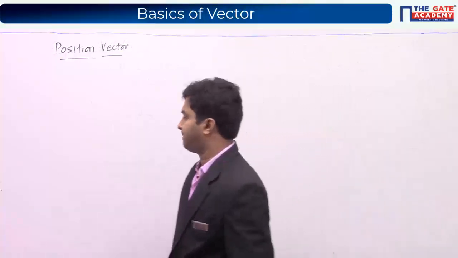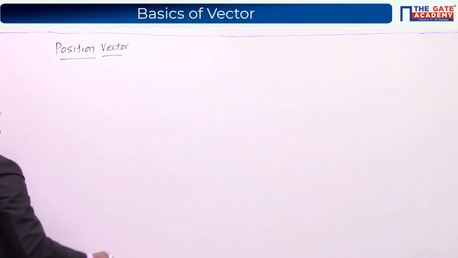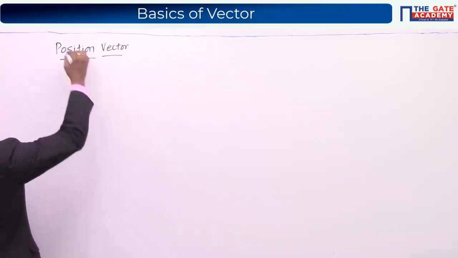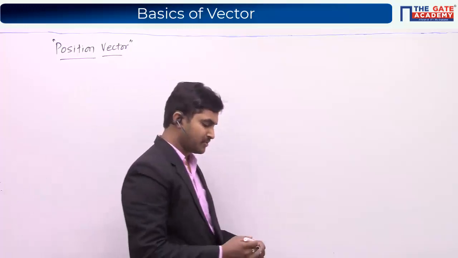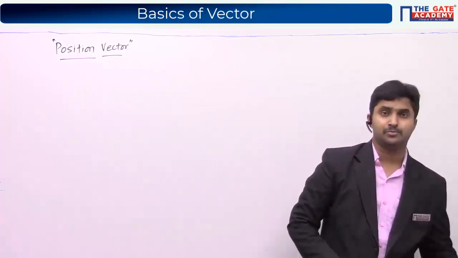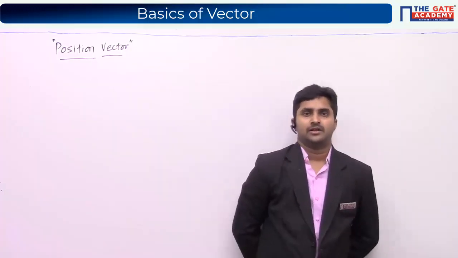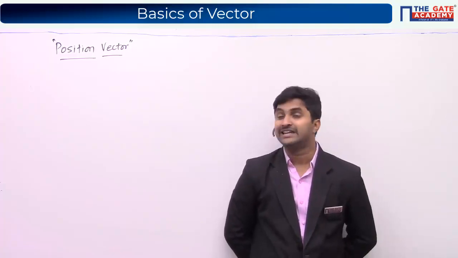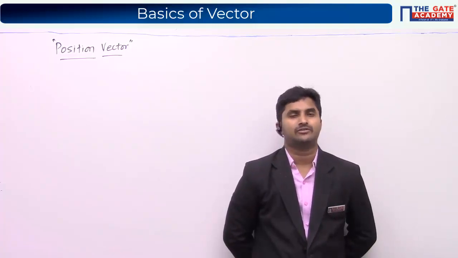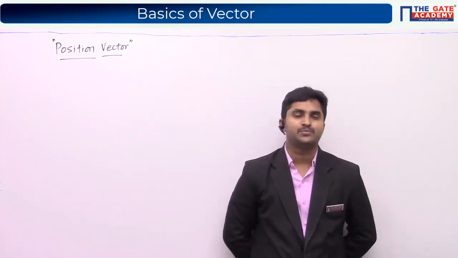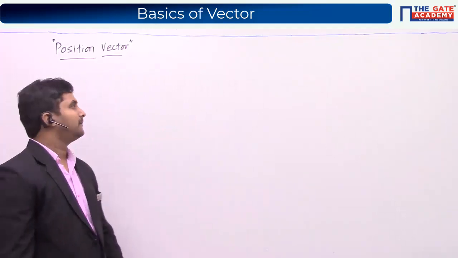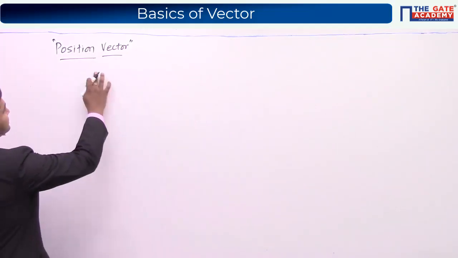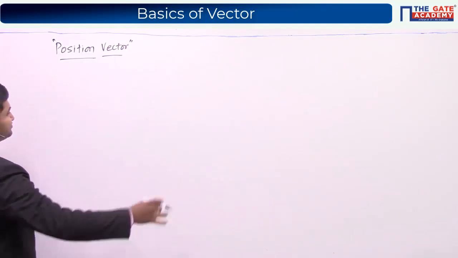Position vector. Before talking about position vector, can anyone tell me what this concept of position vector is? Let me tell you, we'll use this concept like anything in our subject of electromagnetic theory. So please tell me, what is this position vector? A vector distance from origin, very good. We cannot call it just distance because the position vector is a vector.